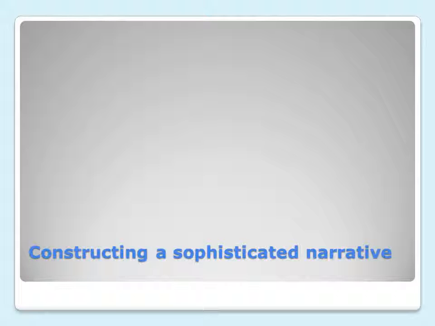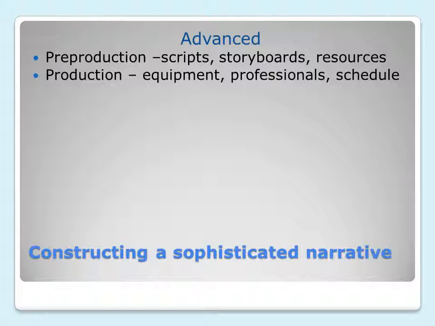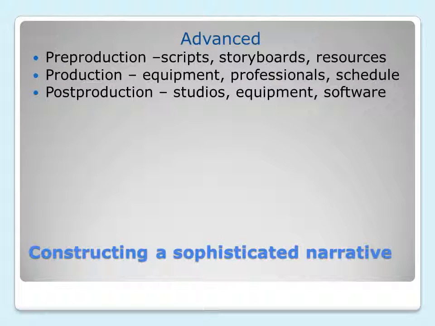The next step is obviously when you've gone to a very different level and you're trying to construct a sophisticated narrative. So this involves the three steps of pre-production, production, and post-production. So you're looking at involving a lot more people. You need a lot more equipment. You often need to engage professionals, and as you can see from that list, there's a lot more rigmarole, time involved, money, resources. Some of the things that you might want to think about if you are engaging in the more advanced